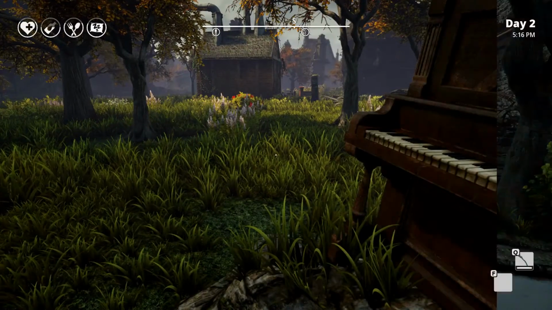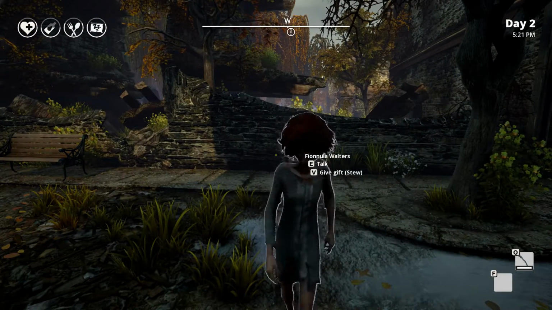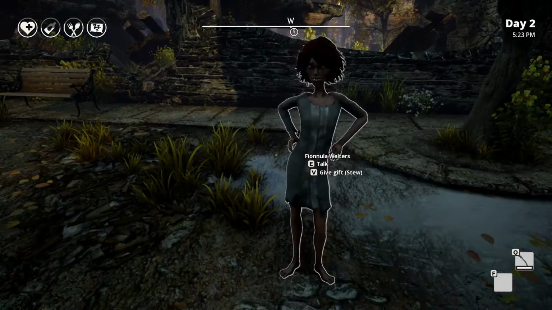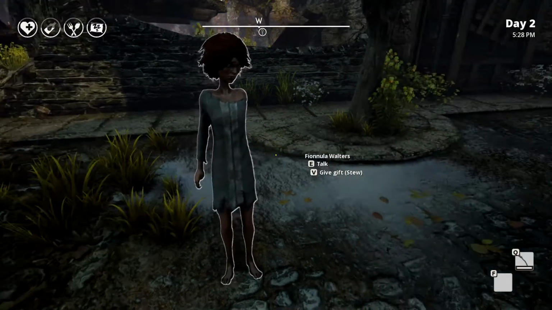That's really nice. So, Fionnuala Walters wants some food. She says she's eating... Friends coming over for tea. I mustn't be late. Well, she's now given me two different...